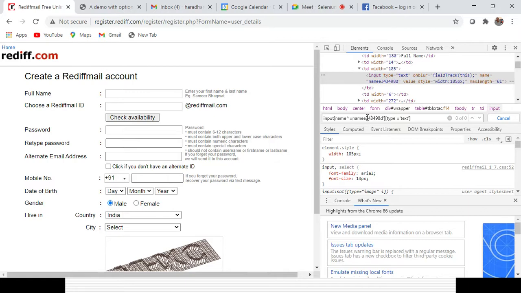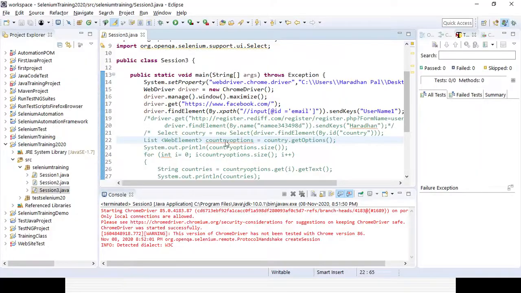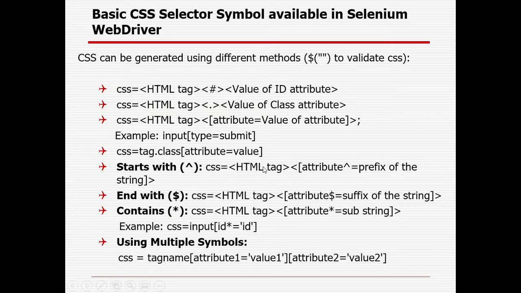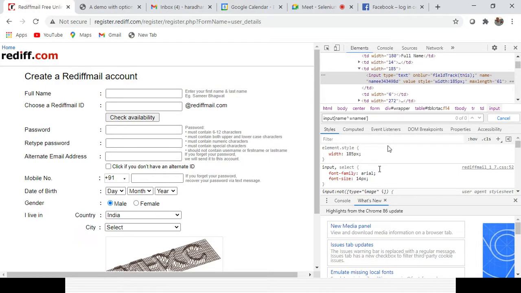So it will be starts with. Input, starts with tag attribute, prefix of the string.